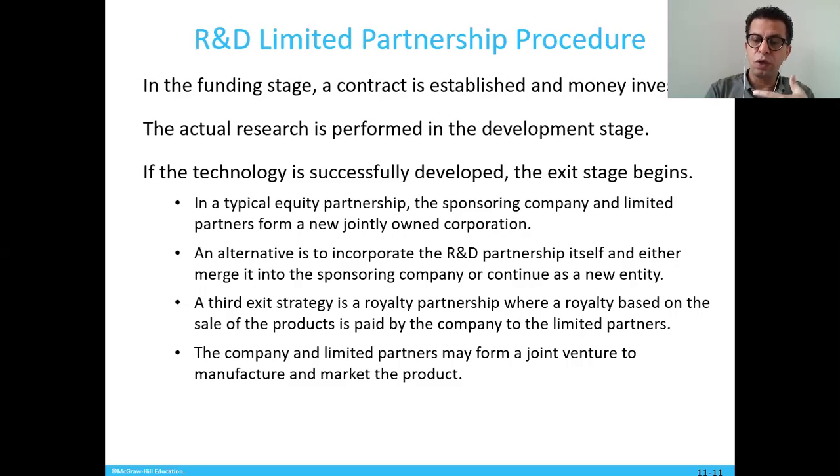In a way, when you're done with the R&D, there is an option that you can give a royalty to investors, you can give them a partnership, or you can create a joint venture and a new manufacturing company with the investors. So